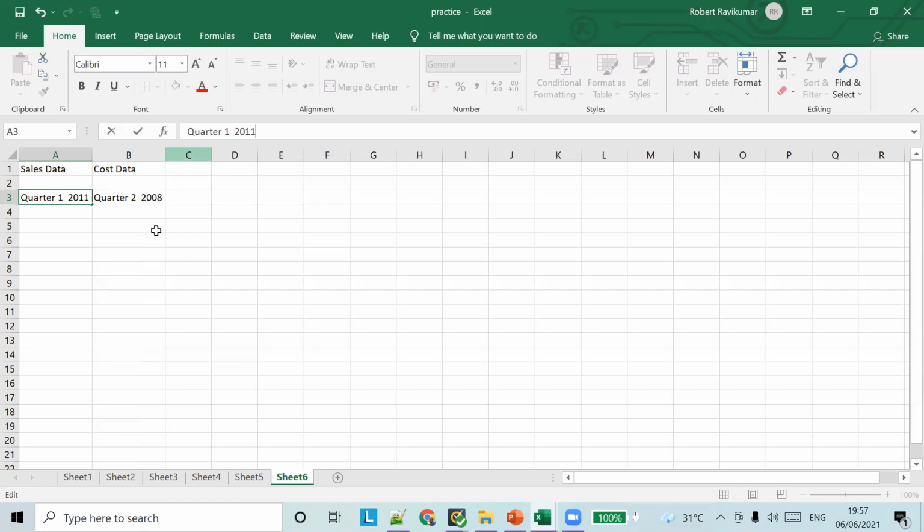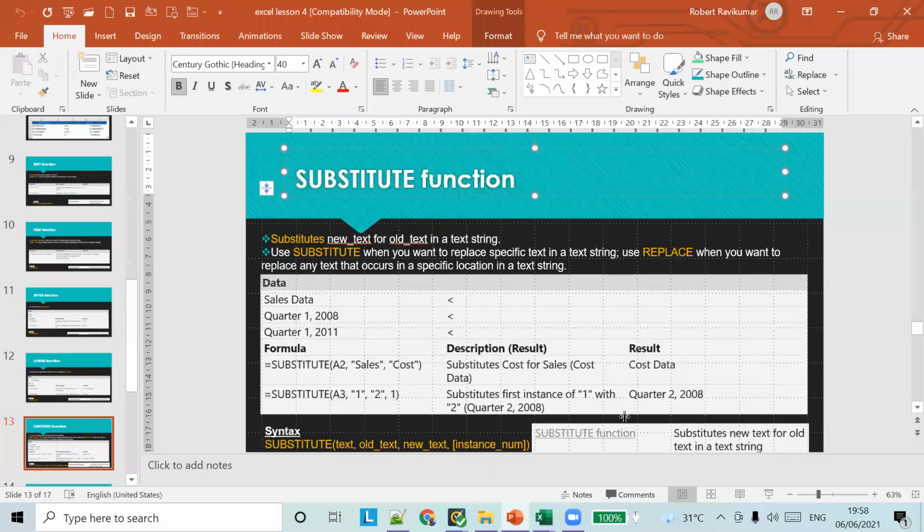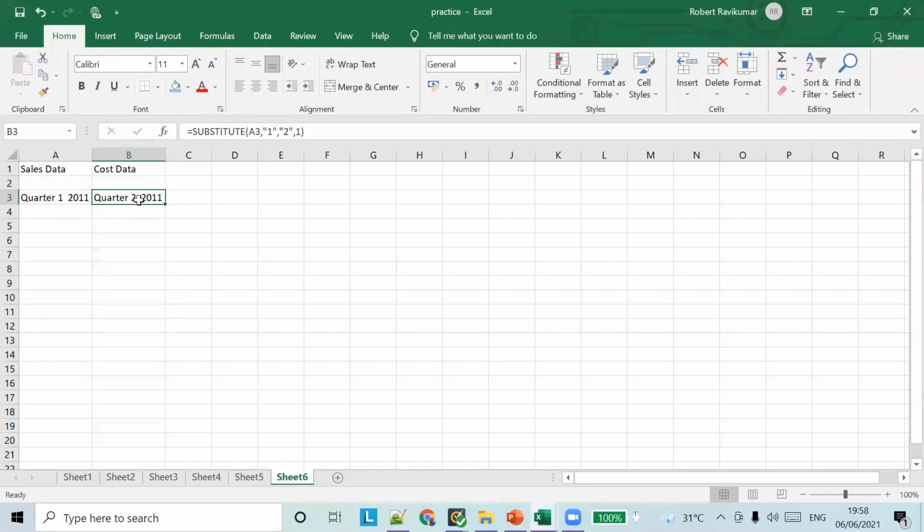I'm trying to replace 1 by 2 for all the occurrences of 1, or only the first occurrence. So I've just replaced all the 1s here.